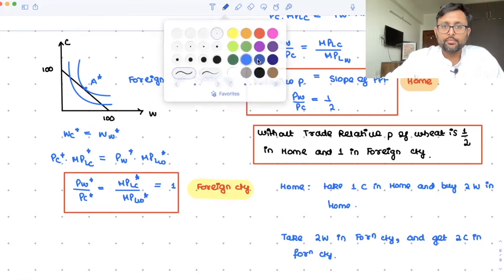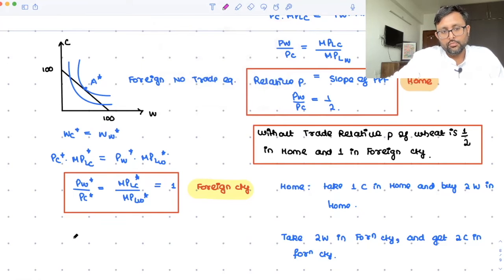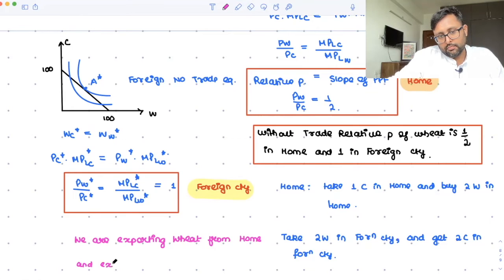So what we are doing, we are exporting wheat from home country and exporting cloth from foreign country,